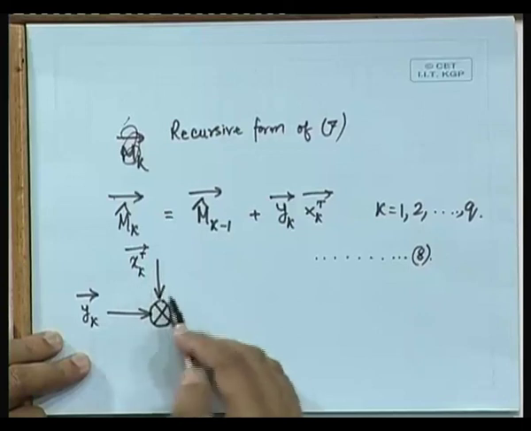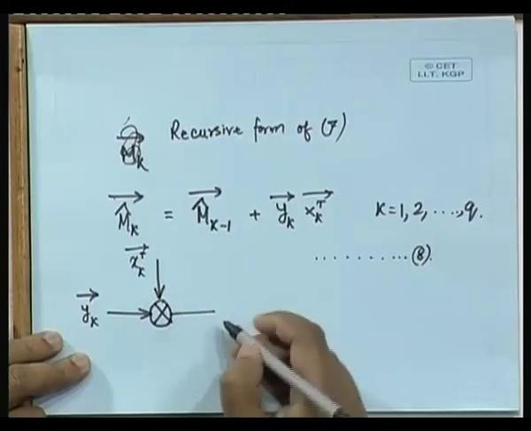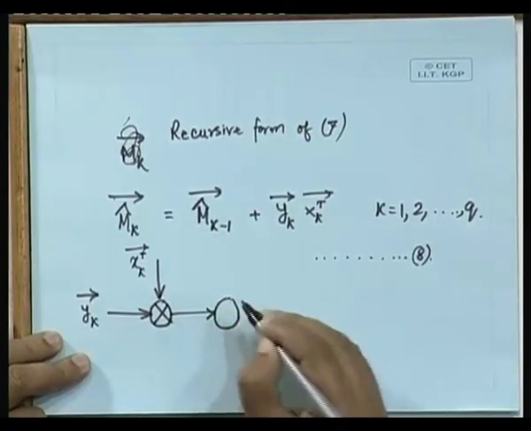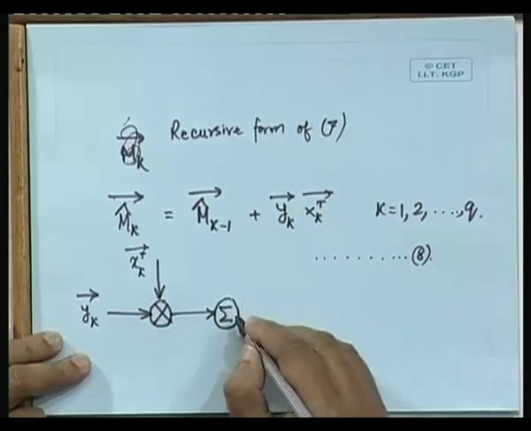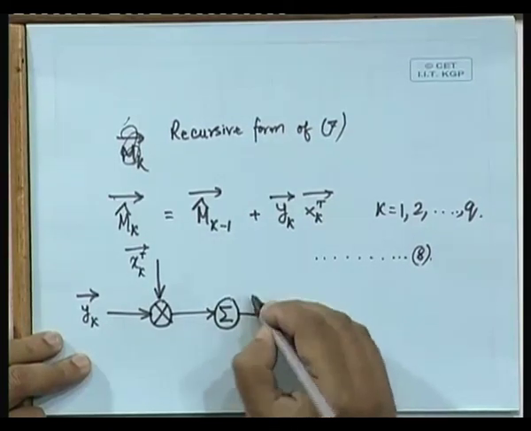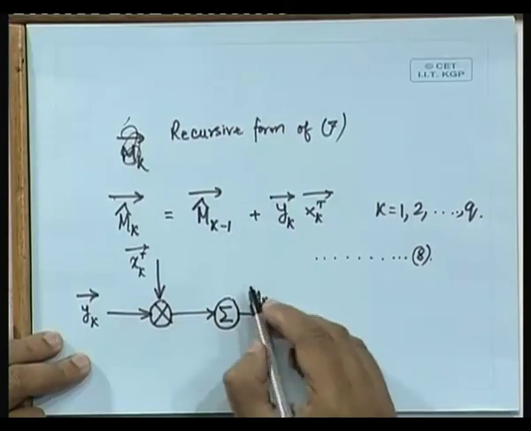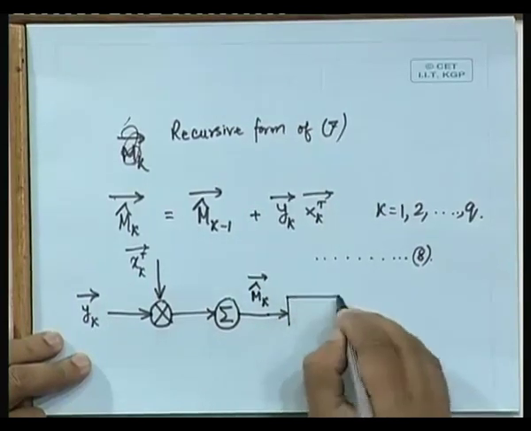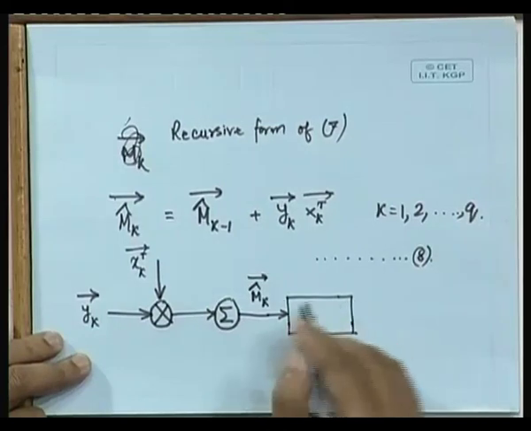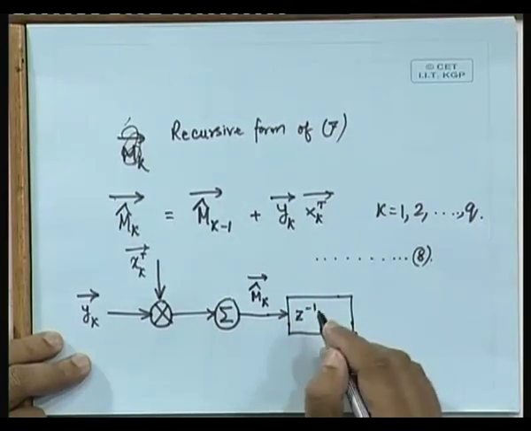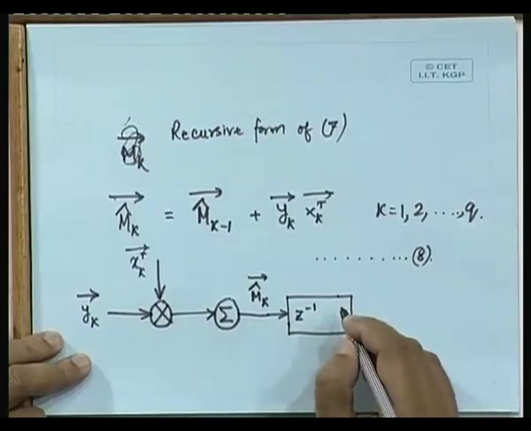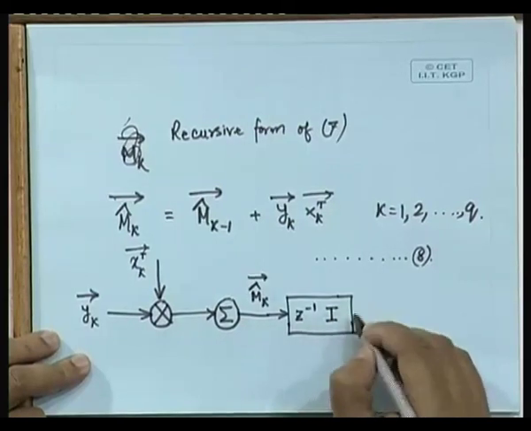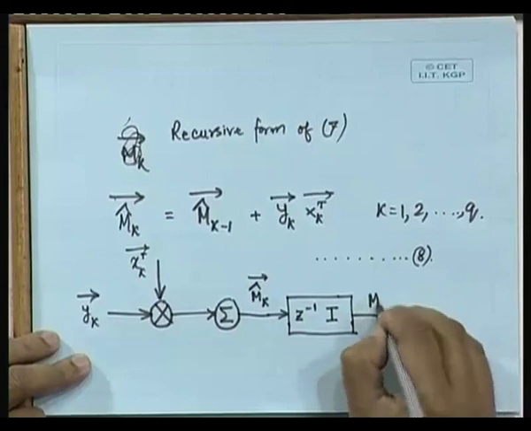So, we are taking the product of these two, and then what we are doing, we are taking the outer product and we are accumulating that into the M array. In what manner? Let us say that this is the M cap matrix that we have got. This we can put through a unit delay, which we can write as z to the power minus 1, indicating a unit delay, and multiplying it by the identity matrix I, and this we will be getting from the output as